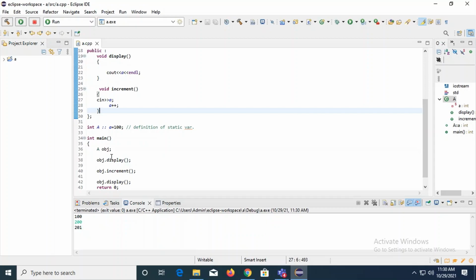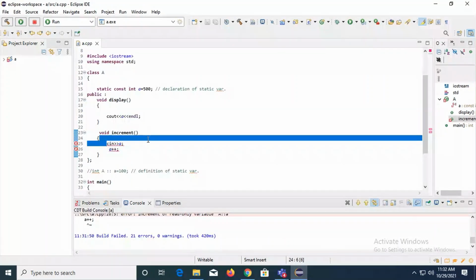Now in this example, you can see I have just initialized this value A as 500 and this A is a constant. Now what do you mean by constant? The value of A is 500, you cannot modify it. When you said it static, the value of A is 500, you cannot modify it, and the storage allocated as static cannot be modified either. Is it okay? So that is the meaning of static and constant. When I try to modify it with the help of an increment, you can see it is giving me an error because I tried to modify the value. And what if I remove this?